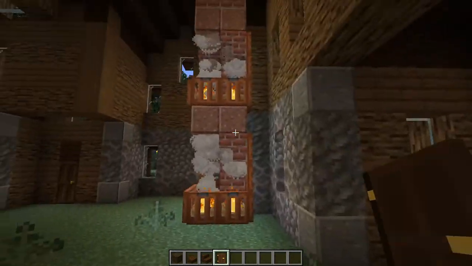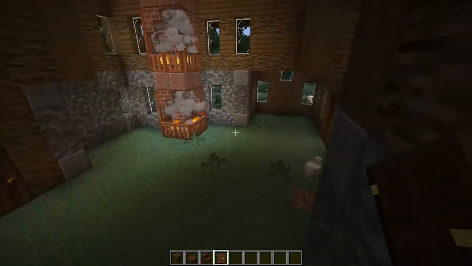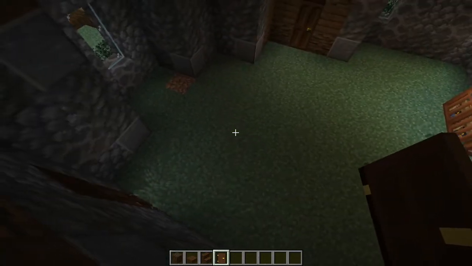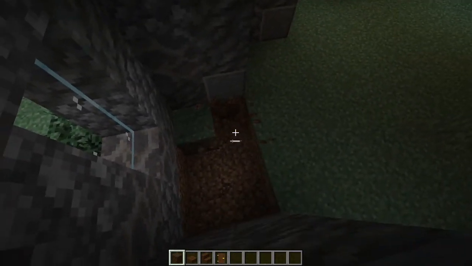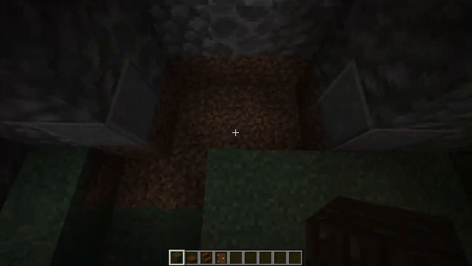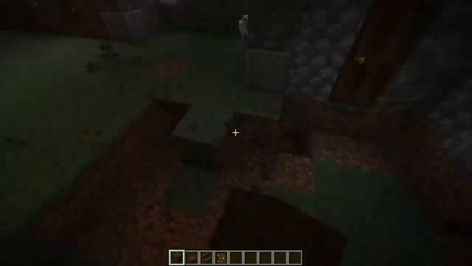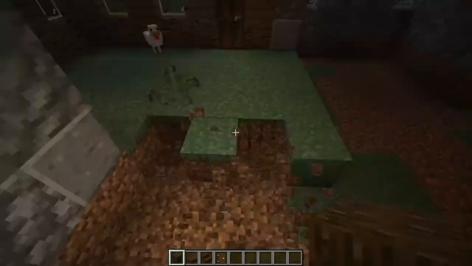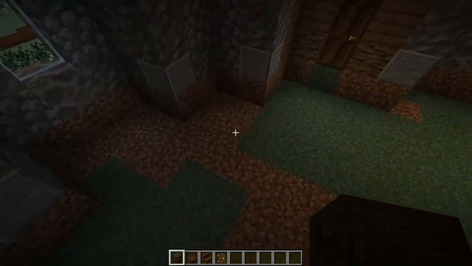So you want to go inside, and as you can see, we've got quite a lot of room. Make sure you've got rid of all of your planning out blocks, and you want to break this grass bit here. So it's completely empty, and you should be able to see the dirt along there. What you then want to do after you've done that is place